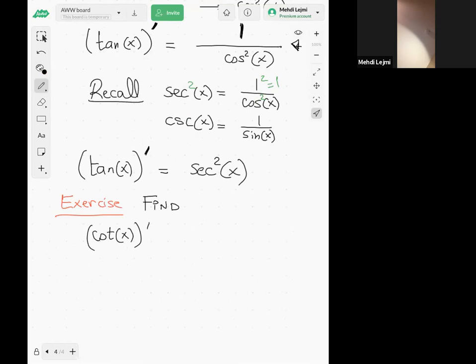Let me remind you, cotangent of x is cosine of x over sine of x. Please try to find the derivative of cotangent of x, and also the derivative of secant of x,